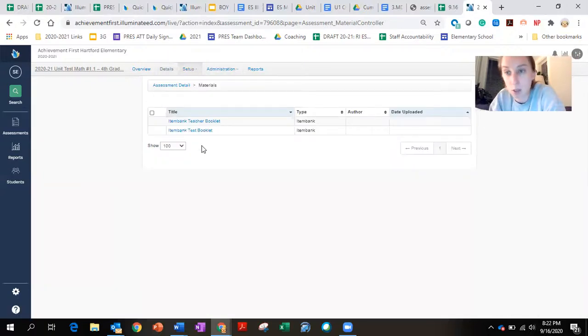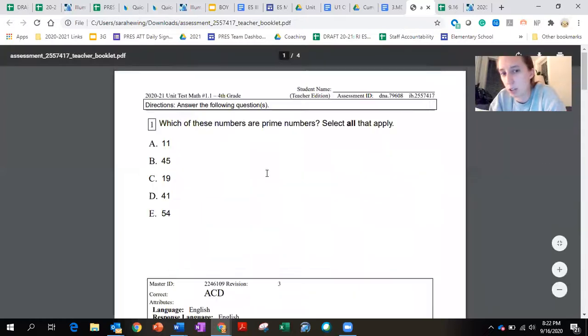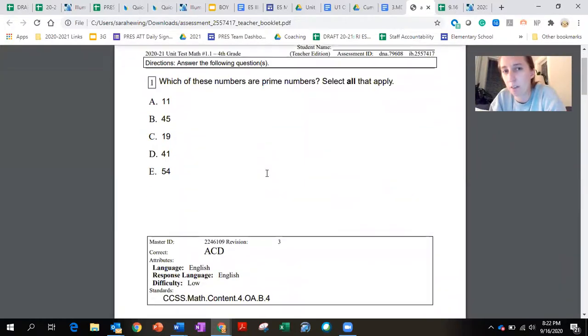And sometimes there's more things, but the Scholar test booklet is here. We don't need that this year because kids just click right into Illuminate. And then the teacher test booklet looks like it's already open. It looks like this. It downloads onto your computer. So you can see that for the fourth grade